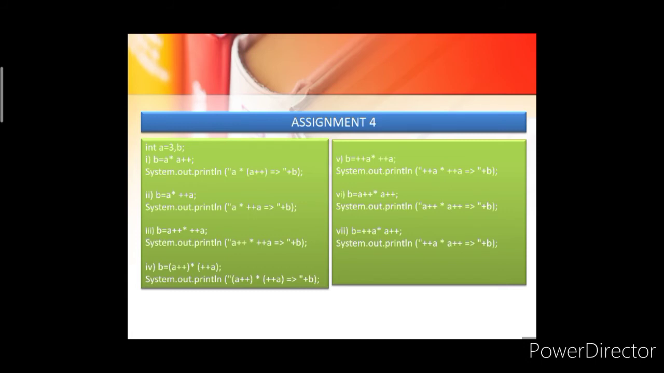So here is an assignment which you can try yourself. Like the first one, I will just explain. b is equal to a * a++. So the value of a is 3 and then a++ means use and change. So it will be 3 into 3, 9, and then the value of a will become 4. So the value of a will be 4 and b will be 9. So likewise you can solve